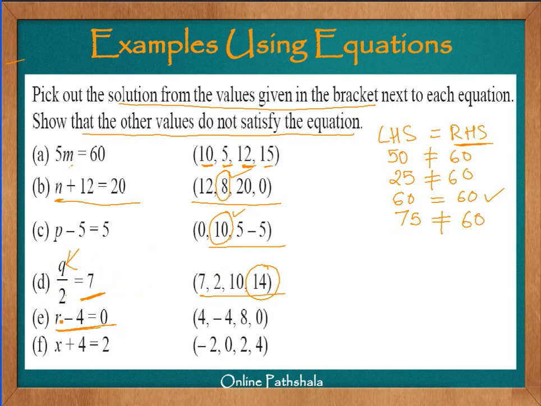pretty straightforward. If you just subtract 4 minus 4, it gives you 0. Therefore the value that will satisfy this equation is 4. 4 minus 4 is 0. Then we have the last problem, which says x plus 4 equals 2. Now what should I do here such that I get a 2? If we look at the values over here, we have 4, 2, 0 and minus 2. Now minus 2, okay, so 4 minus 2 gives me 2, therefore minus 2 is the solution of